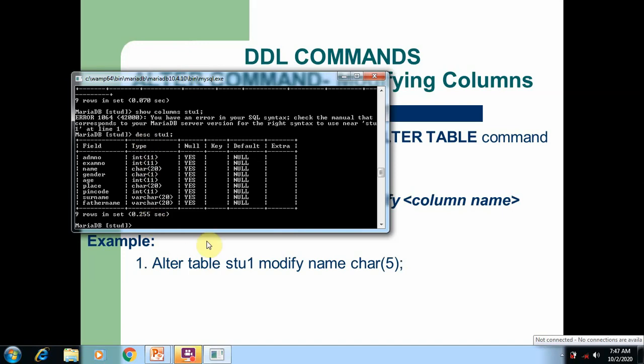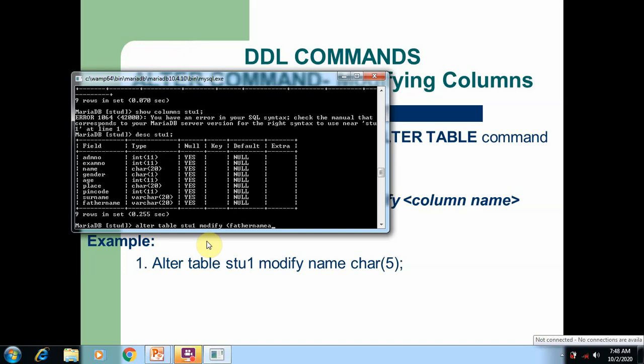Now if you want to modify the existing column structure, then you can use the alter command with the keyword called modify to change the name, or to modify the size of the column. So I'm going to change the size of the column, namely father name, where the size of the column is 20.